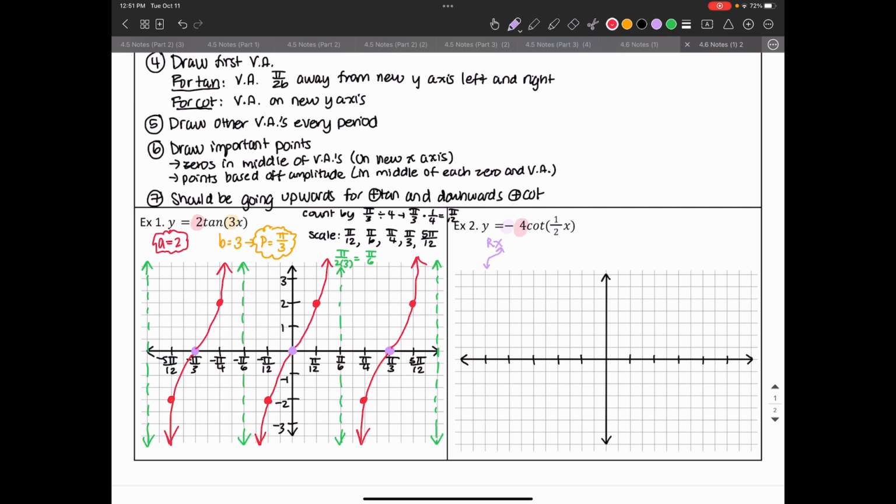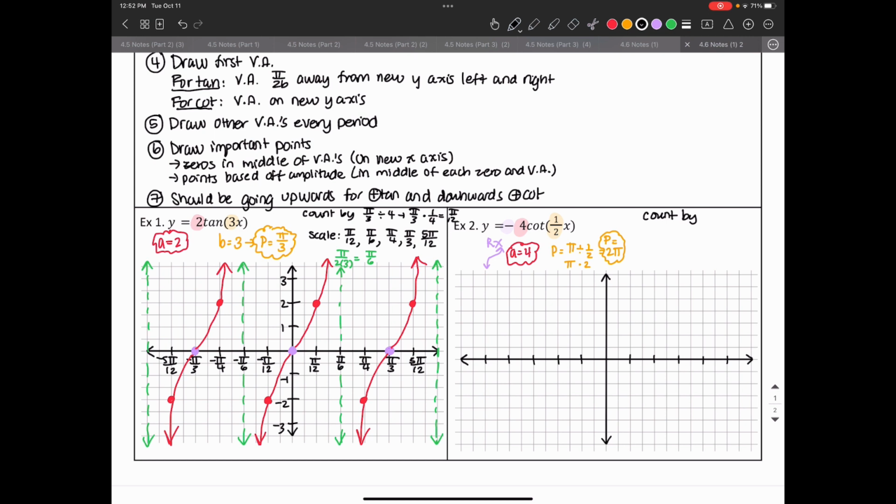I have the amplitude is equal to 4. I need that for my important points. I have the b value is 1/2. If b is 1/2, then I know that the period is equal to pi divided by 1/2, or pi times 2. So the period is 2 pi for this. And I'm going to need that to scale my graph. Well, we've done this a million times. We know if the period is 2 pi, I know I'm going to count by,